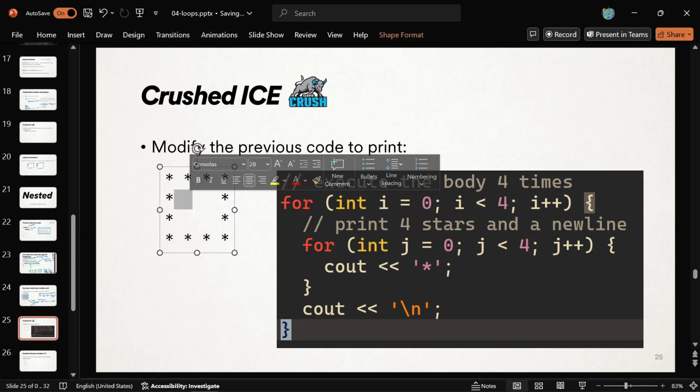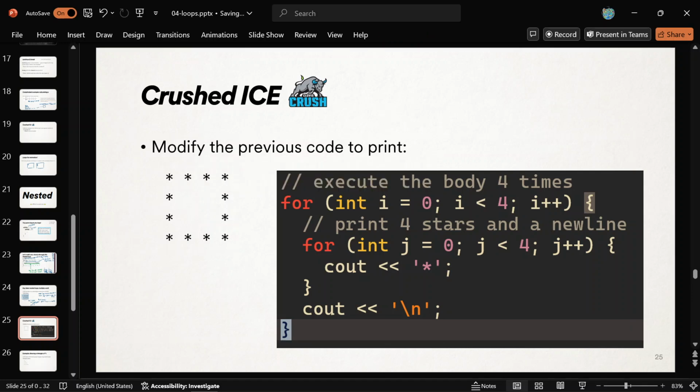All right? So instead of all the stars all over the place, there are 2 places where it's a space instead of a star on these inner lines. So it's 4 spaces total. Does that kind of make sense? What would you change? And where would you change it? So see if you can try that. All right? And ask me if you have any questions.